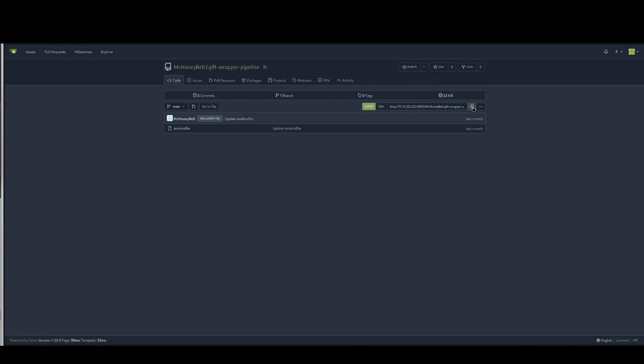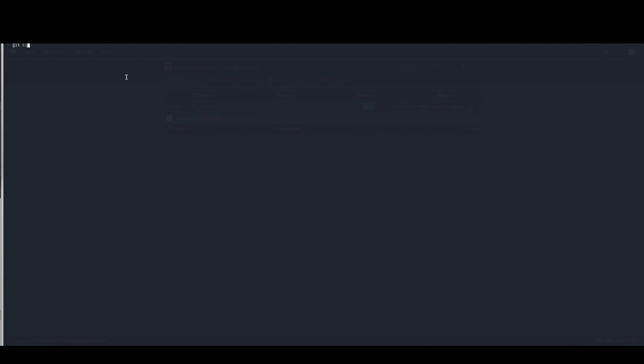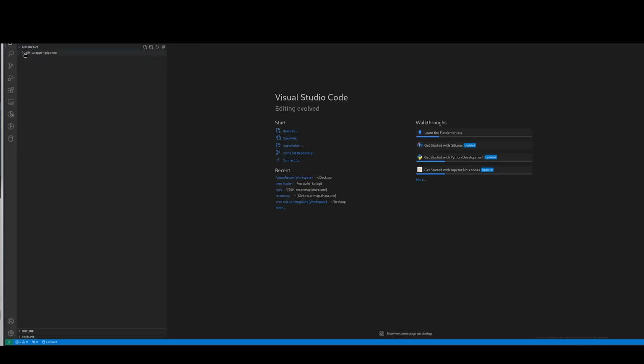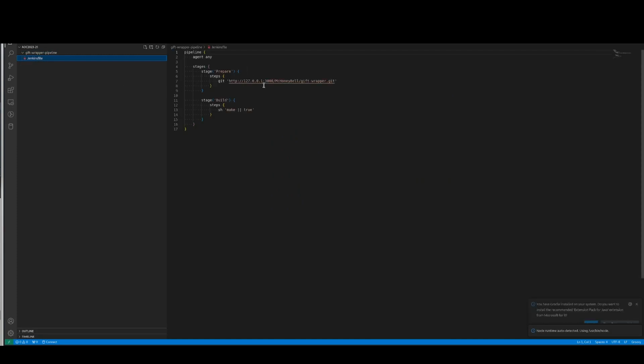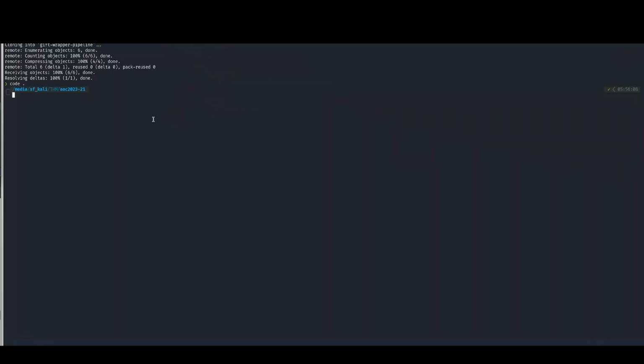I'm taking that one. Okay, so if I copy that one, git clone, paste, let's keep it this way, code, and if we modify that one and do whoami instead, whoami, save it, go back here,